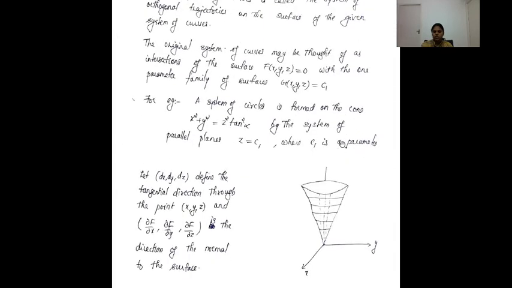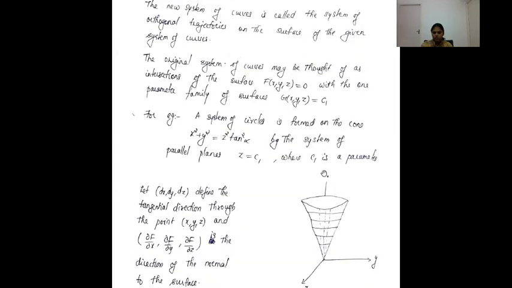So you can actually see from the figure, the planes parallel to the x-y plane give the original family of curves. They are going to be circles, and these lines are actually x equal to c1 y. So you can see the angles here, they are going to be right angles.